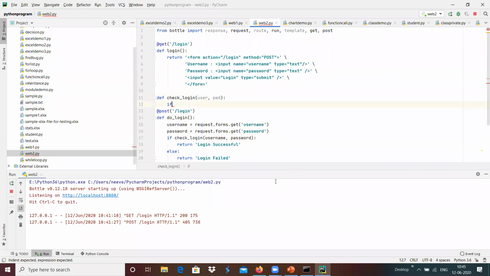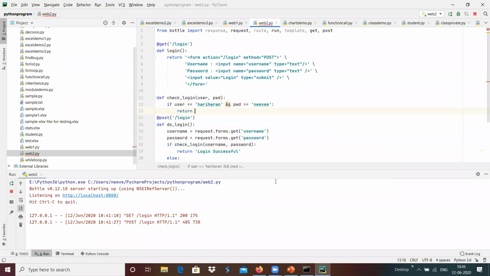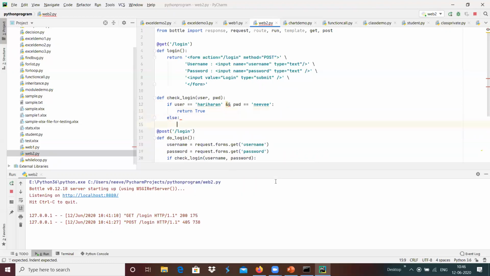And if user equals something like Hariharan and PWD equals Nivi, then I'm going to return true. Else, I'm going to return false.